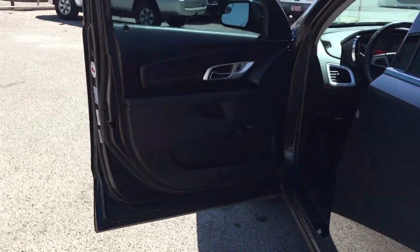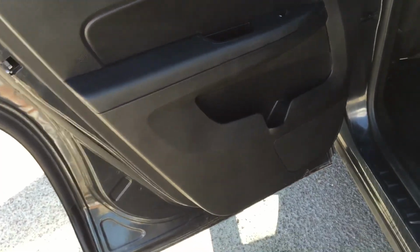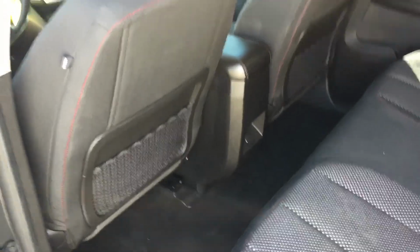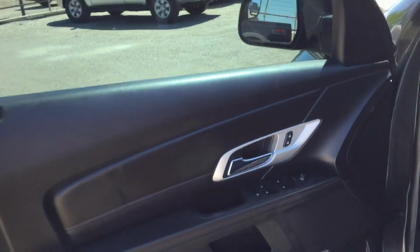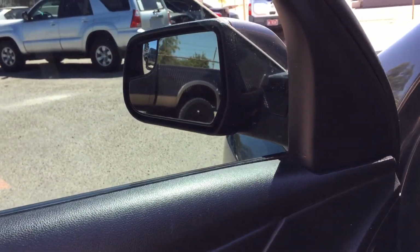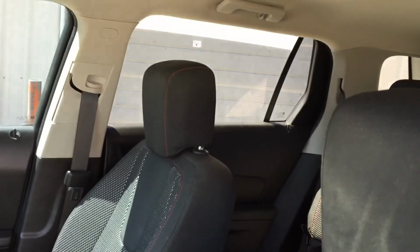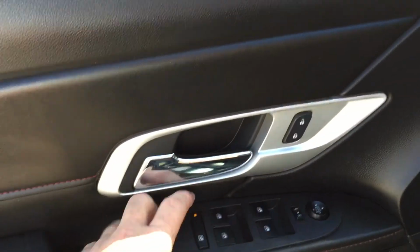Tell you what, if this car were white, it's Tucson, so it's going to be 108 or 9 here shortly. If this was a white Terrain, I doubt it would be for sale. In fact, I'm sure it wouldn't until the end of the summer. Some people are okay with black here in Tucson. My brother drives a black Audi. I don't know how he does it. Me, I gotta be a light colored car in the summer here. Too many summers of 110 degrees and sitting and burning your ass on the